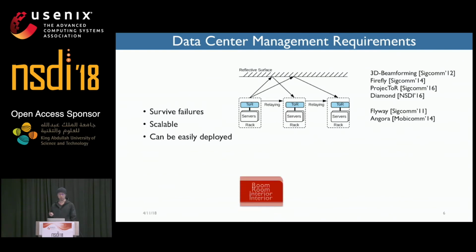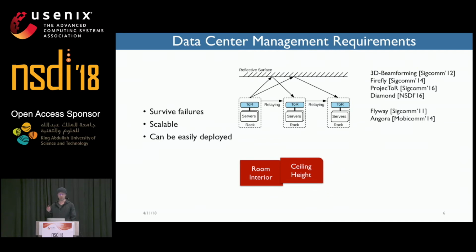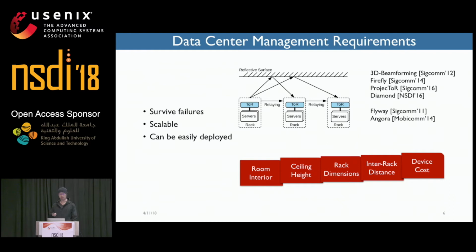For example, we need to change the room interior to install the mirrors, and we need to enforce ceiling height clearance so that the signal can propagate better. We need to change the rack dimensions so that we can fit in the antennas and transceivers. And we need to have some regulations on the inter-rack distance so that the signal can be relayed better. And more importantly, some of the devices are kind of costly. But without this kind of technologies, how do we build a robust and scalable and easy to deploy data center